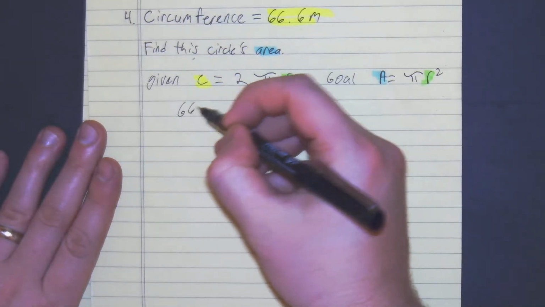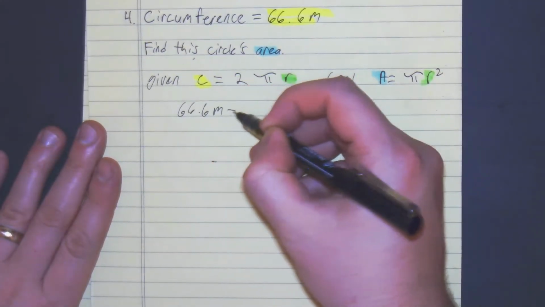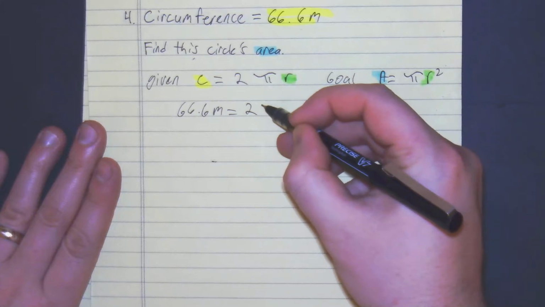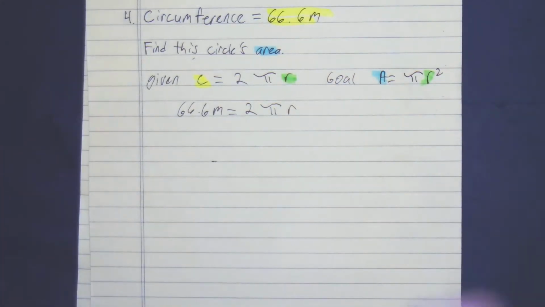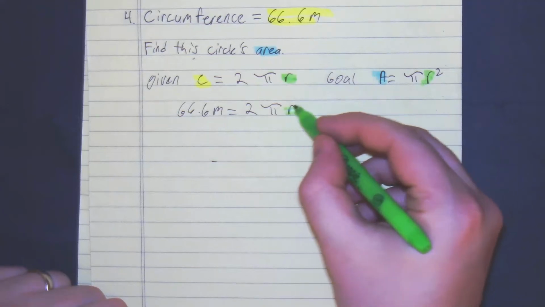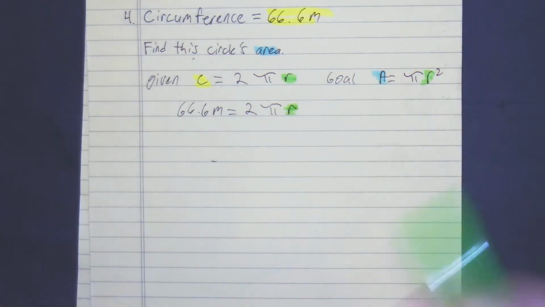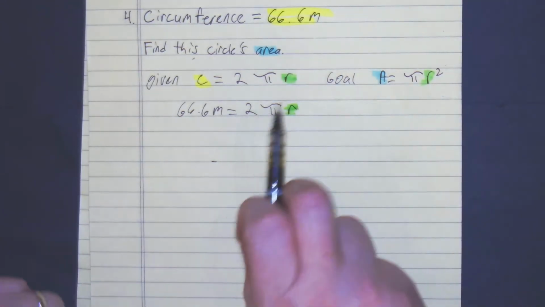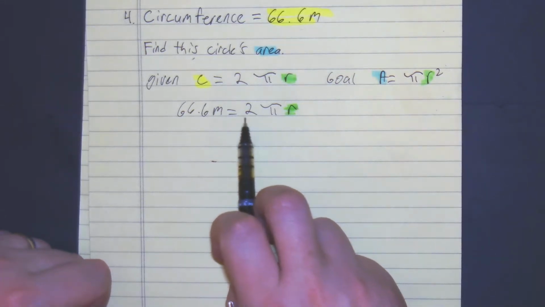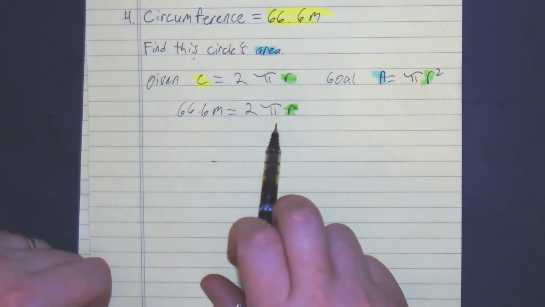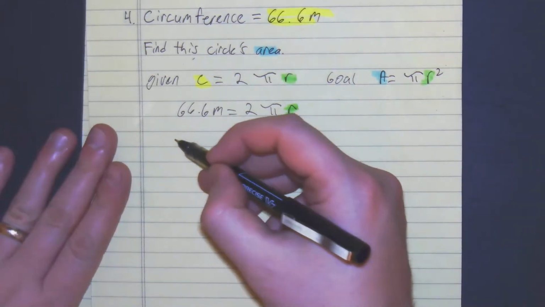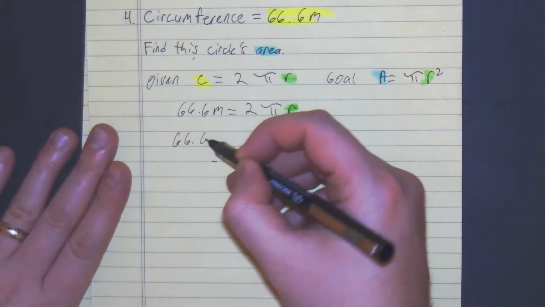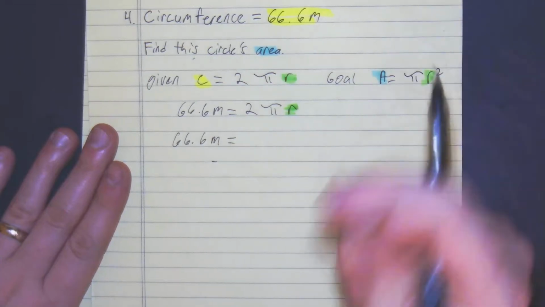So we get 66.6 meters equals 2 pi r. And if I do the inverse operations, we don't have any addition, subtraction, so we're now on multiplication, division. We have multiplication, 2 times pi times r. The inverse of multiplication is division. So 66.6 meters equals,